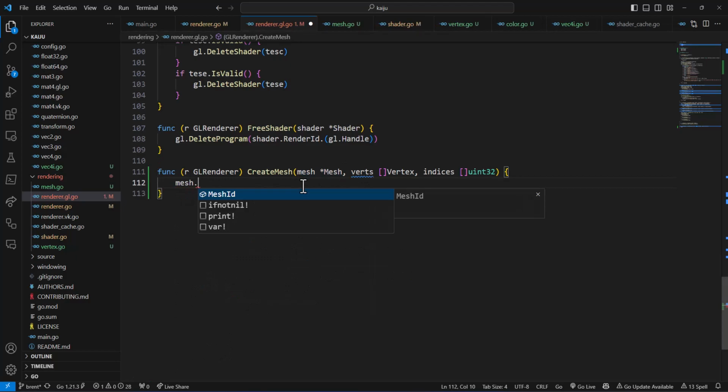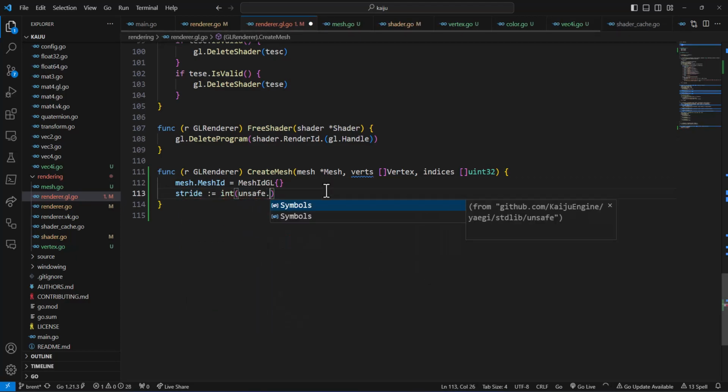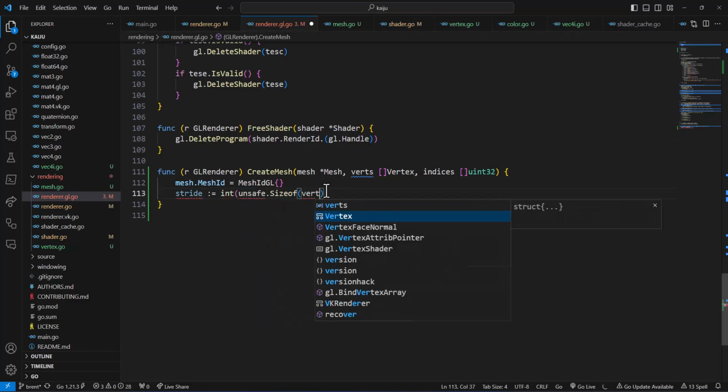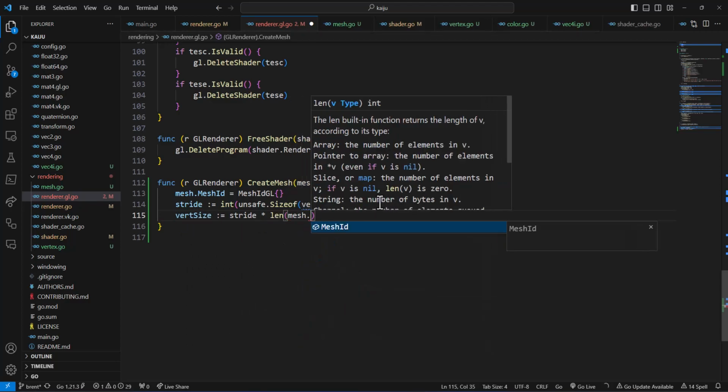So mesh.mesh ID is going to be equal to mesh ID GL. We're going to set up our stride and save that size of verts 0. Then the vert size is equal to stride times the length of mesh